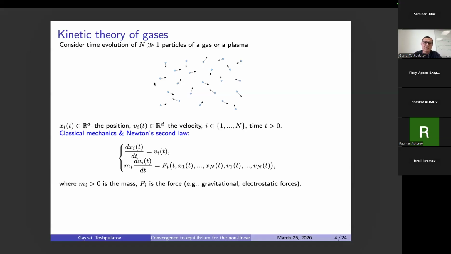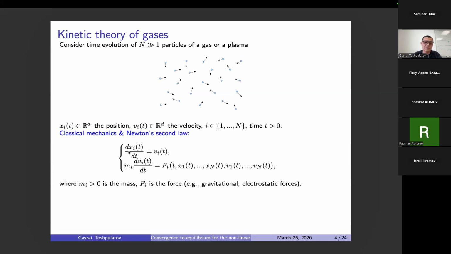So there are different ways to study these particles. One way is just using classical mechanics. So we consider every particle as a dot, and we can define its position. For every particle, we define its position by x_i and its velocity by v_i. So i here is from 1 to n because we have n particles, and t is time. And if we just follow the classical mechanics, we can write the following